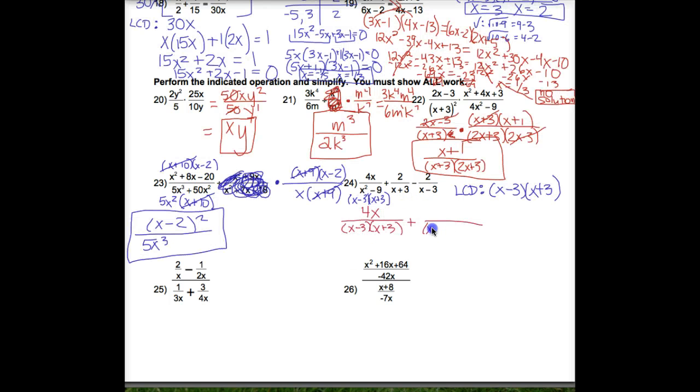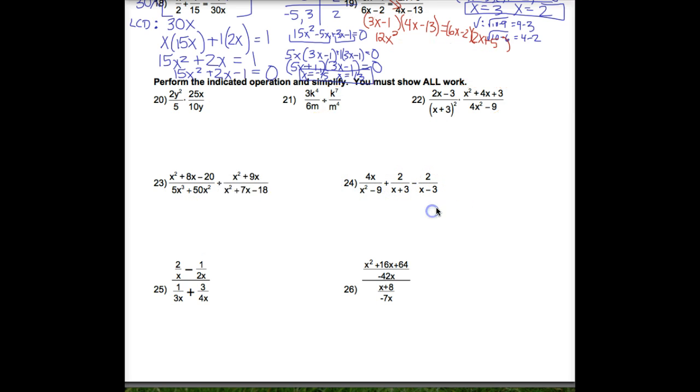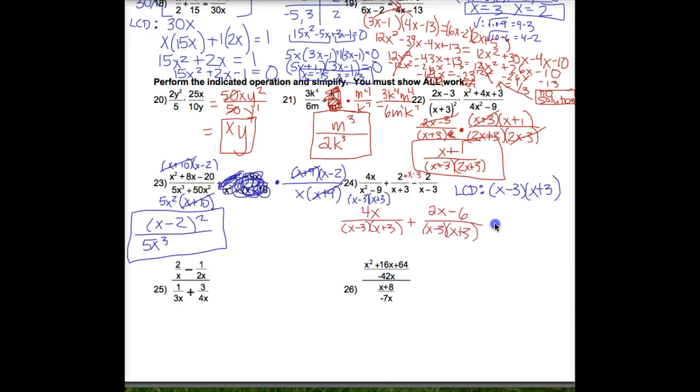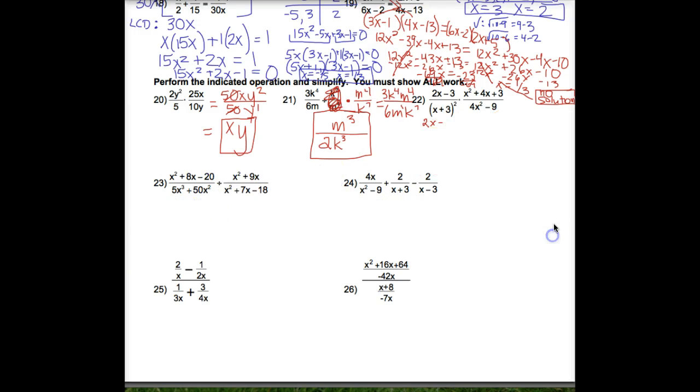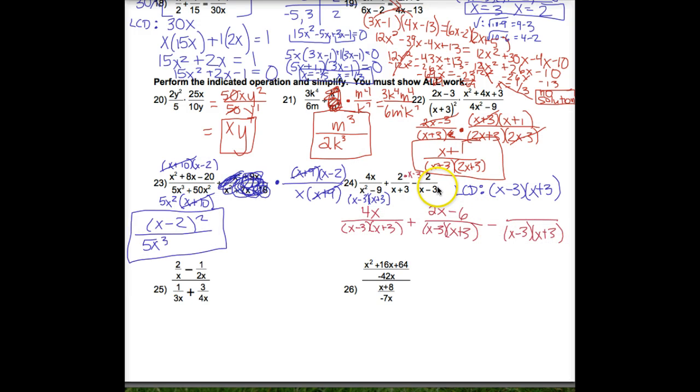Second fraction, in order to get x minus 3 and x plus 3 on the bottom, I would have to multiply the bottom by x minus 3. So I need to do the same thing on the top. Remember, that means distribute 2 times x and 2 times negative 3. So 2x minus 6. Third fraction, x minus 3 times x plus 3. So I had to multiply the bottom by x plus 3, so do the same on the top. Again, remembering to distribute. 2 times x is 2x, 2 times 3 is 6. So now